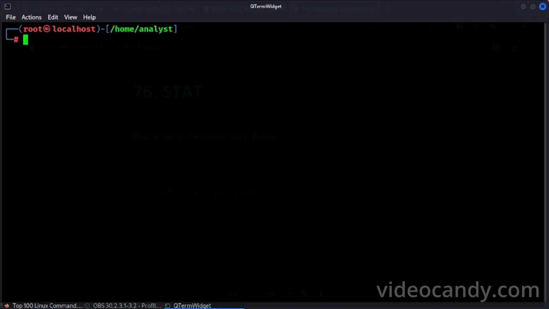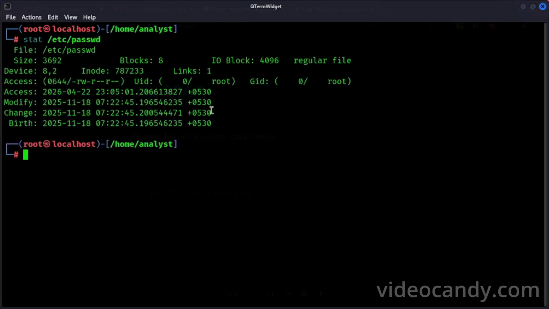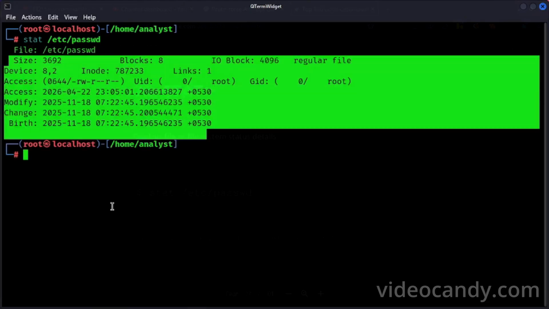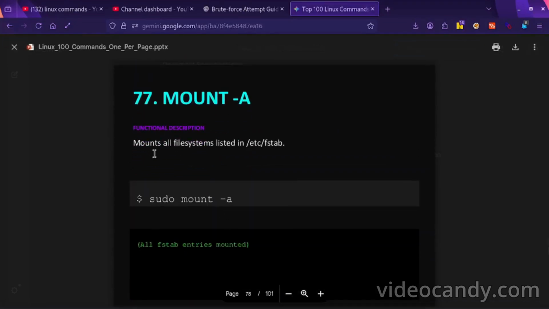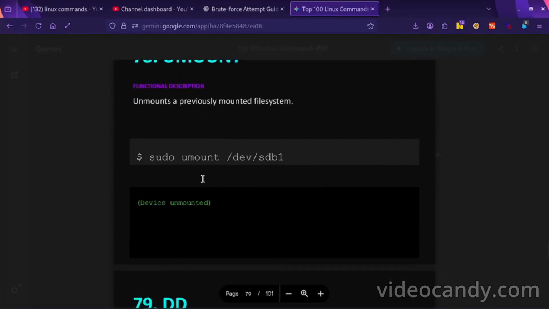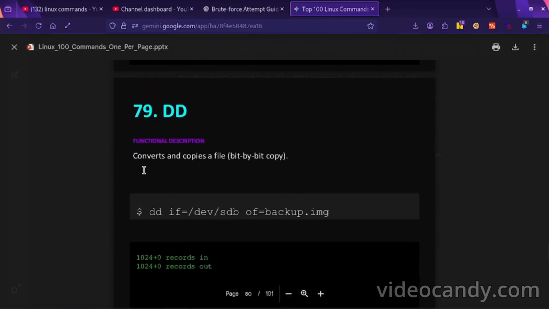Okay, you can see this. mount -a: mount all file systems listed in /etc/fstab. umount: unmount a previously mounted file system. dd: convert and copy a file, a bit by bit copy.